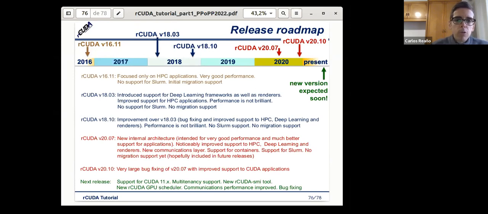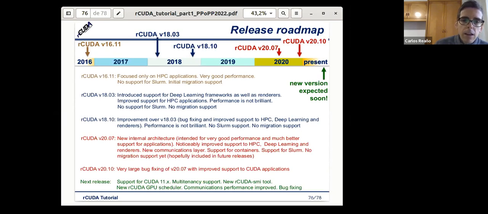It had very good performance, but it still did not support schedulers such as SLURM, and it only provided initial migration support. After that, in 2018, we introduced support for deep learning frameworks and also renderers. We also improved the support for HPC applications, and still we didn't have support for schedulers or migration.